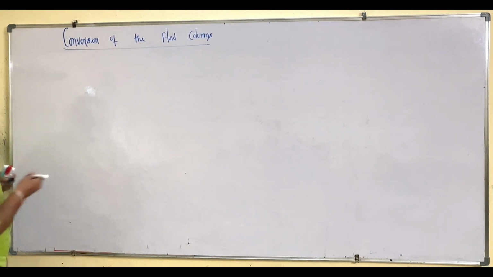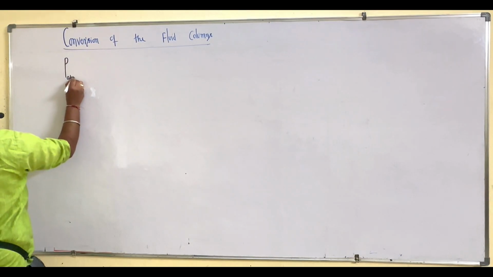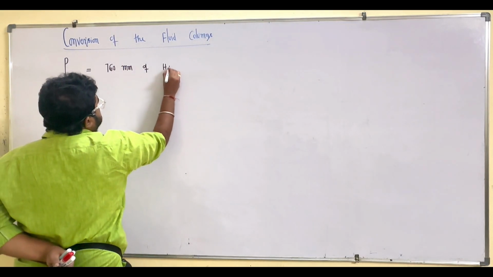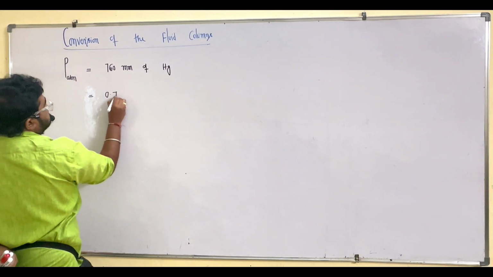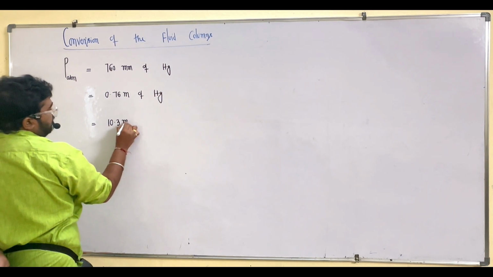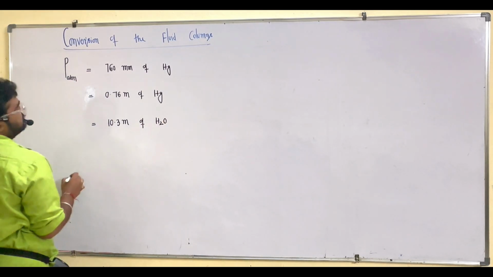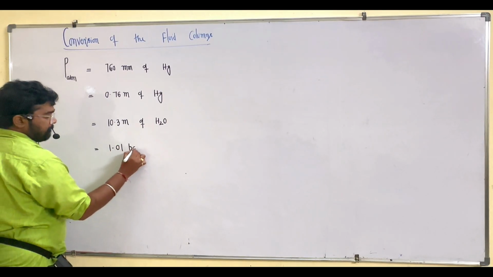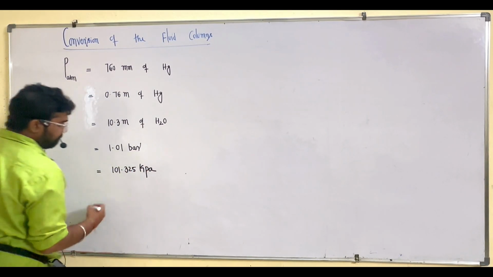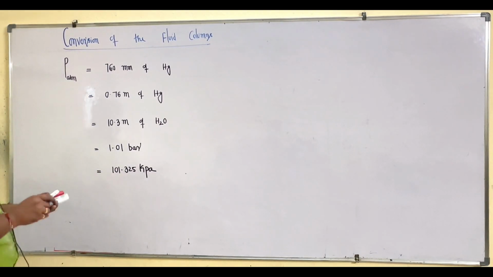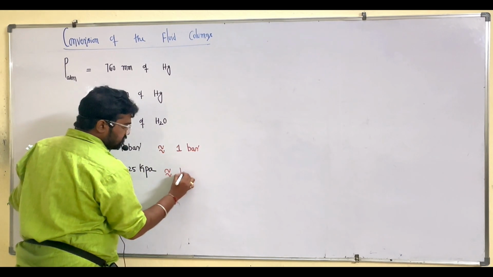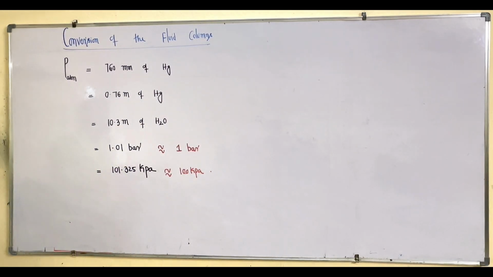So, normally what is the atmospheric pressure? 760 mm of Hg. 760 mm of Hg is 0.76 meter of Hg. You can write this as 10.3 meter of water. This is 1.01 bar. You can write this as 101.325 kilopascal. Okay, kilopascal. In general, at school level, this is written as 1 bar. Clear? This is also about 100 kilopascal pressure. So now